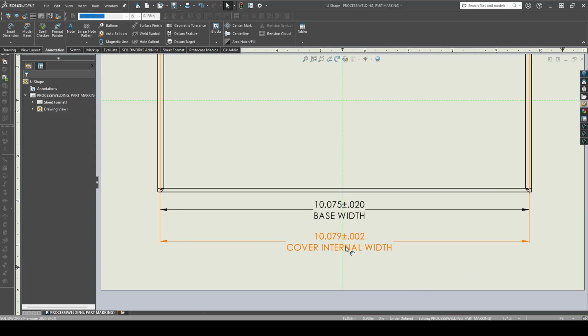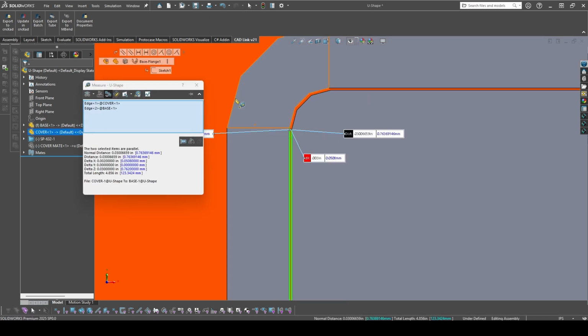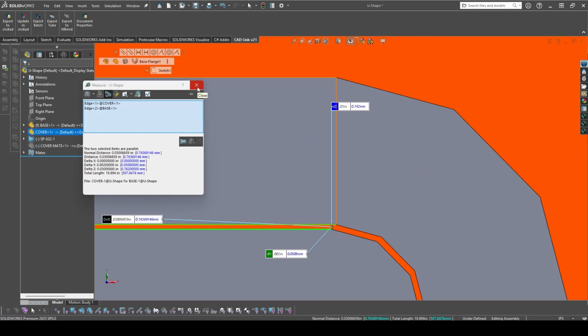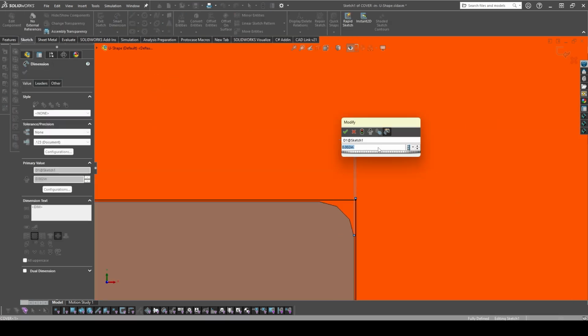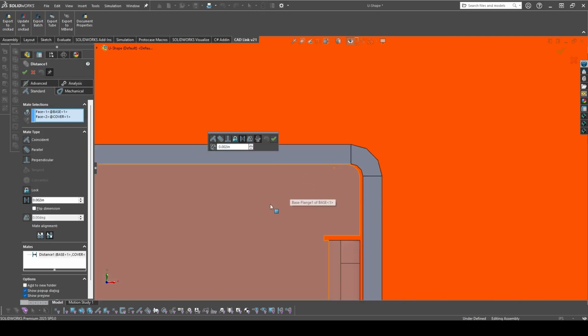Now think about this scenario. Imagine you are designing a sheet metal enclosure with a cover that needs to fit snugly over the base part. We've initially specified very tight tolerances for the mating edges, perhaps out of a desire for a perfect seamless fit. So let's talk about how we can approach this scenario more practically. The key here is that we want to strike a balance, designing part tolerances that are tight enough to ensure functionality and performance, but are also realistic and achievable within the constraints of the chosen manufacturing methods and the materials